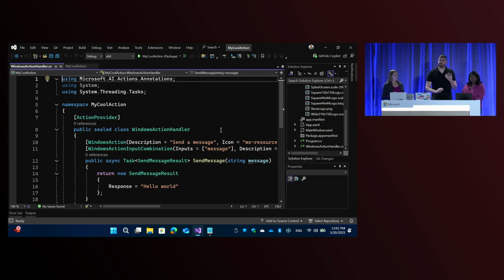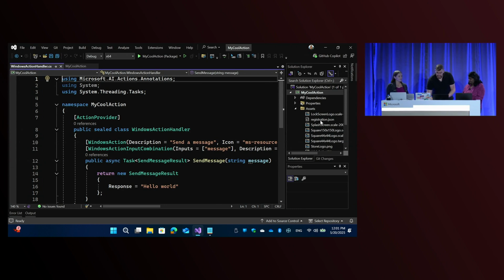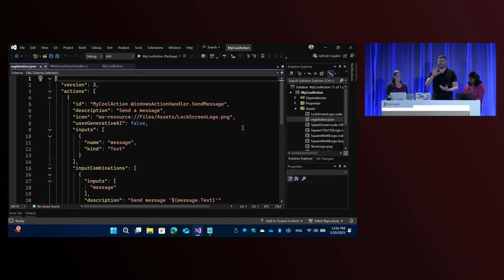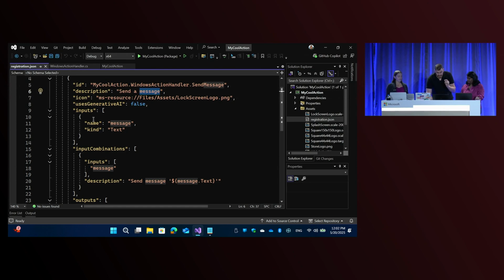It creates a bunch of connections with my Apex manifest and exposes my manifest, everything coming out of this one template file. So we're using C# source generation to automatically generate the manifest for you, so you don't have to specify literally everything. You're still in control of what it has, so you can see what's being generated. So if I click here on registration.json, it has this manifest file. It defines the ID of my action, a description, icon, multiple things that we went through. It has inputs, so we have one input in this case. The name is message, the kind is text.